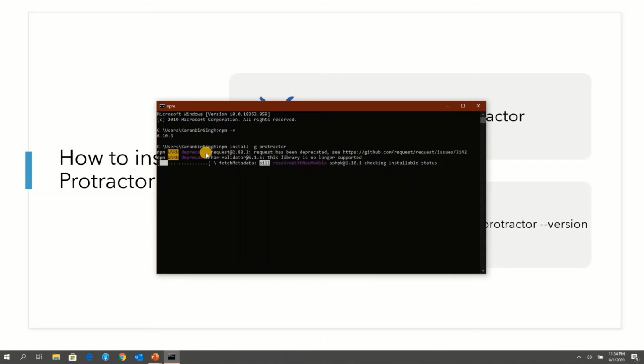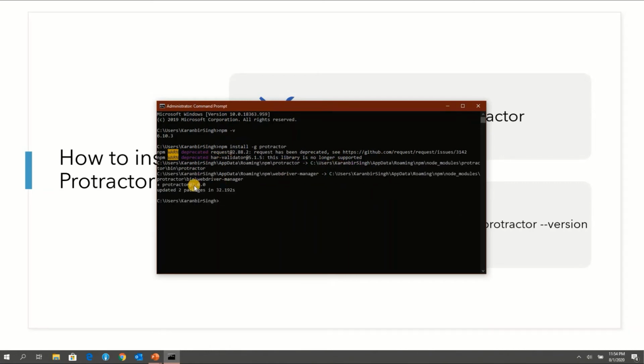Okay, so these are some of the deprecated libraries which are being shown as warnings, and these are different libraries which are getting downloaded, right? So Protractor has been installed. We can see that Protractor @